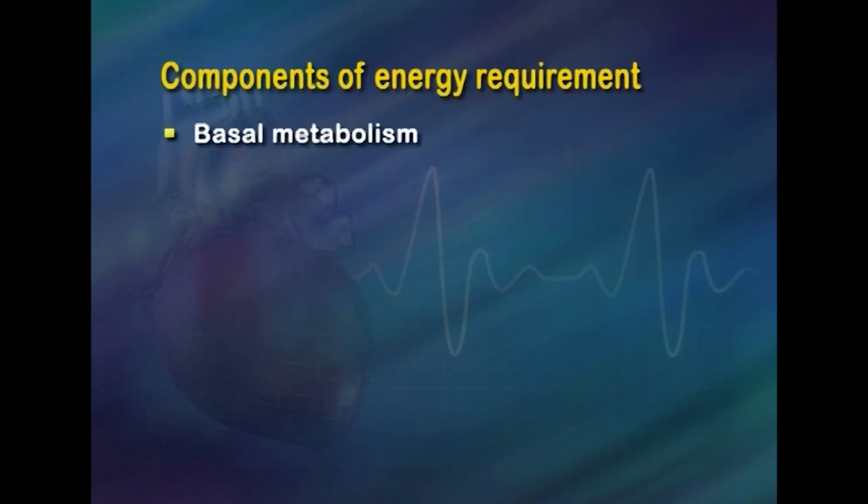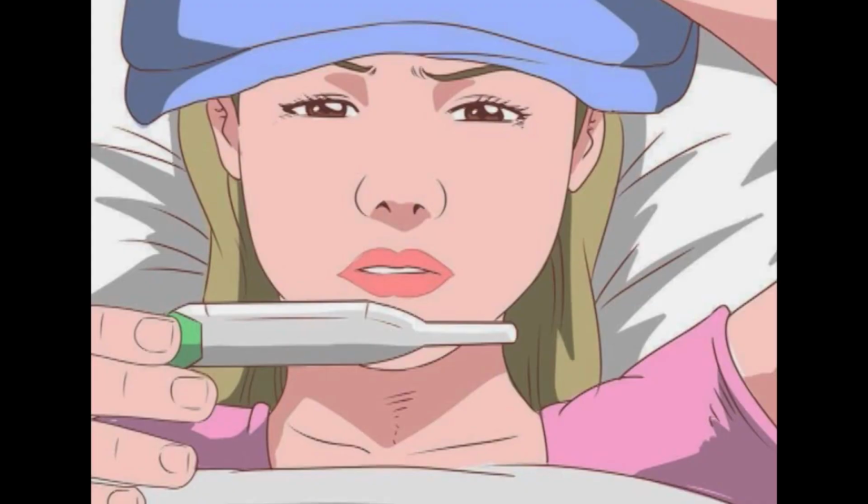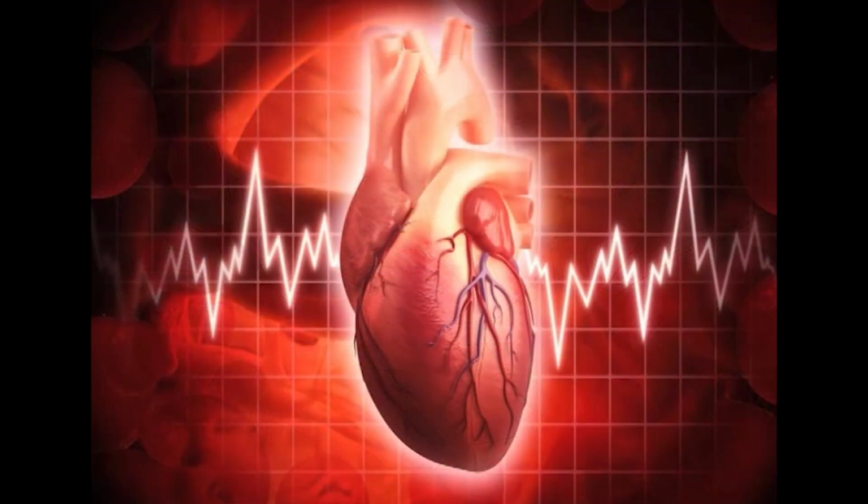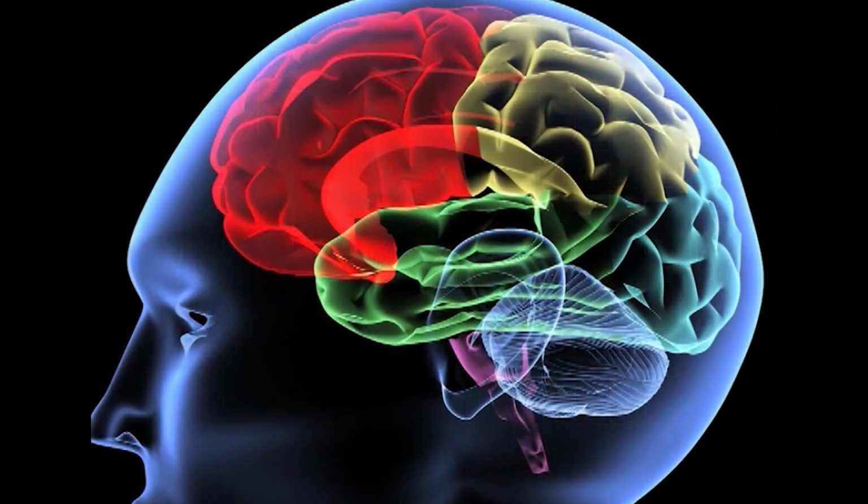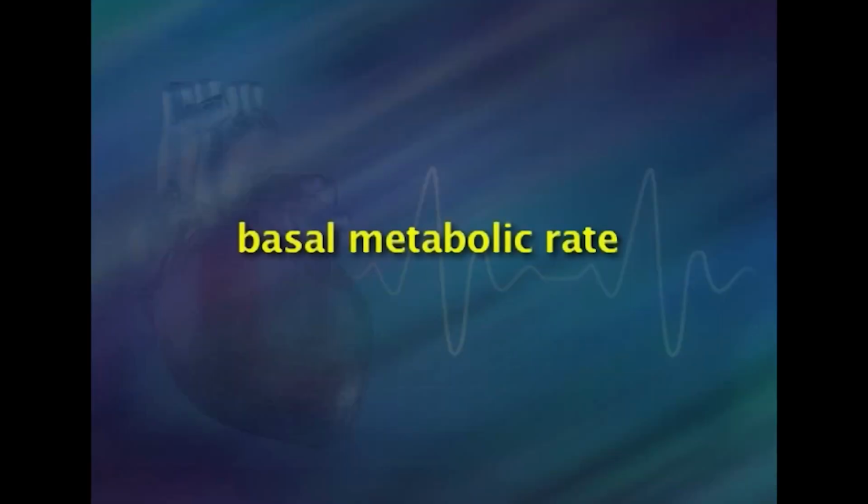Now, the components of energy requirements. Human beings need energy for the following. One is basal metabolism, that comprises a series of functions that are essential for life, such as cell replacement, synthesis, secretion and metabolism of enzymes and hormones, maintaining body temperature, uninterrupted work of cardiac and respiratory muscles and brain function. The amount of energy used for basal metabolism in a period of time is called basal metabolic rate and